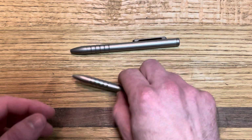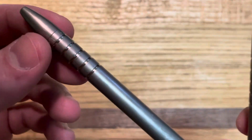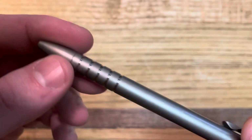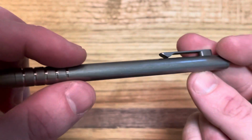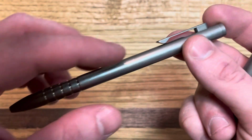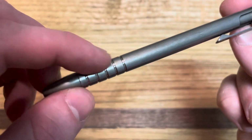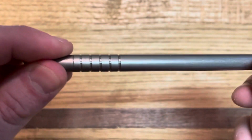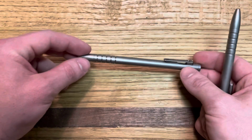But one thing that I really loved about the version 2 over time is that on the ridges right here that give you some texture to grip on, you can see you have this kind of stonewash finish. My lighting's not the greatest, so I'm not sure if you can see this, but you have a stonewashed finish here. But then you have a shiny finish right there in between those grooves, which is a nice little detail. And visually, and again, you can't really tell it in the light here, unfortunately, but visually it's just